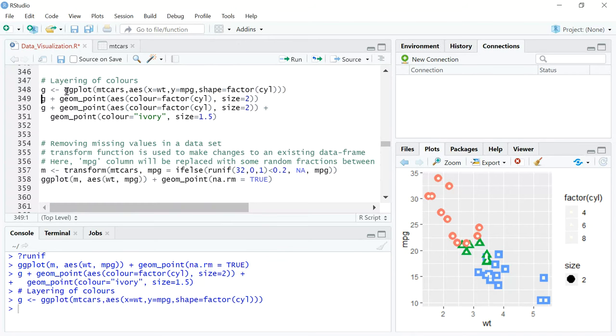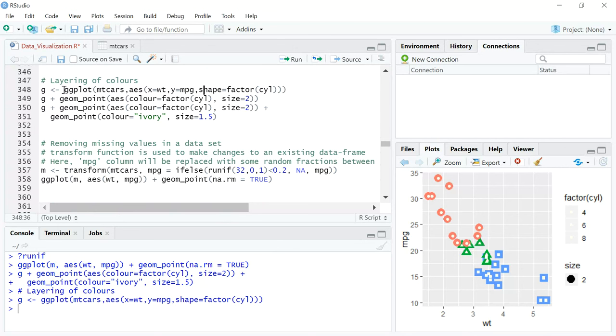Now you're going to use a ggplot function. All this is standard ggplot syntax. You're going to call the data set and introduce the aesthetics, where you will just say what your x and y coordinates are. X is equal to weight of the car, y is equal to mileage. You're going to introduce the shape argument, and the shape will be based on the number of cylinders, so it's going to be a factor of the number of cylinders, right?